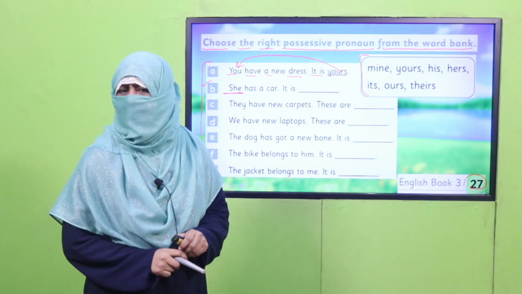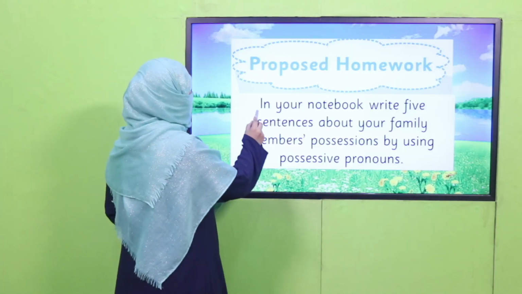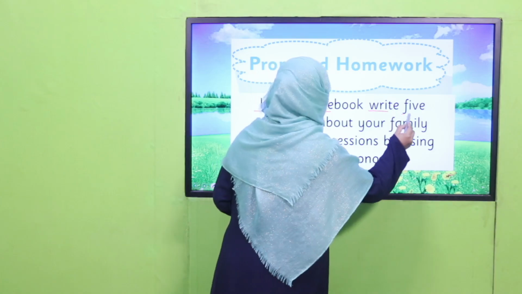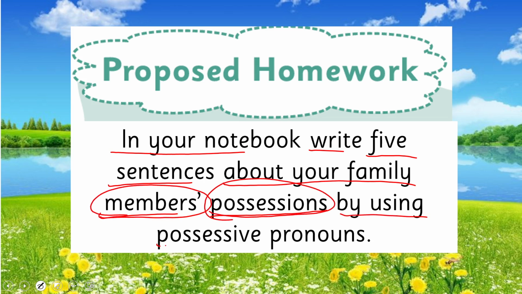Yes, my dear children, are you done with it? Good job. So it's time for your homework. What you will do in your notebook, you will write 5 sentences about your family members' possessions. Means you will tell what belongs to your family members, their possessions, and you will use possessive pronouns to show